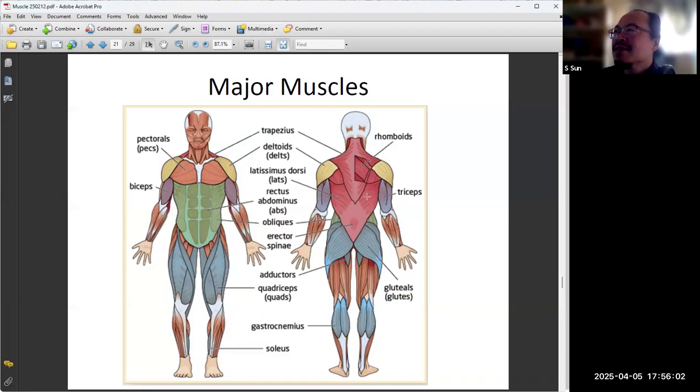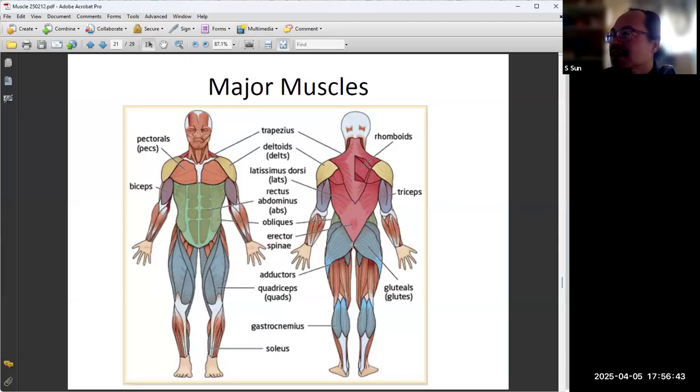Our body has this one showing you the major skeletal muscles in our body. You can see that each muscle organ has a name. Pectorals, the deltoids, these are the general names of these muscles. Biceps, triceps, quadriceps, and abdominal, rectus abdominis, oblique,